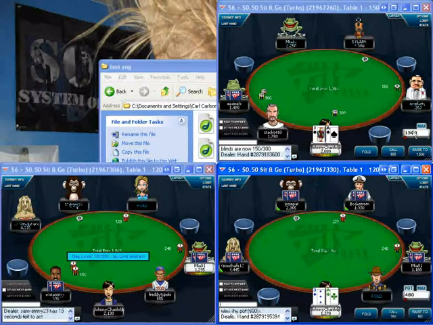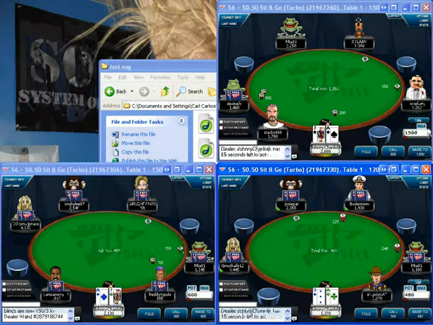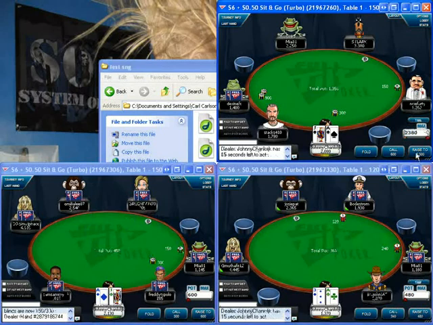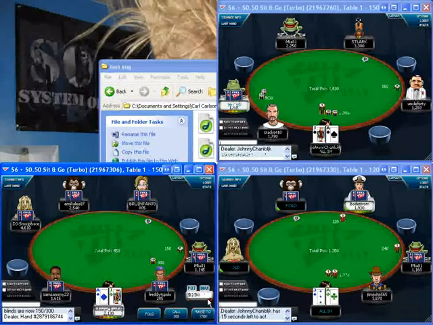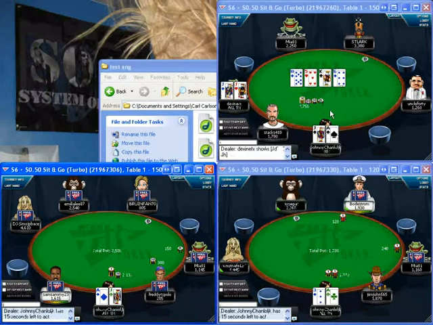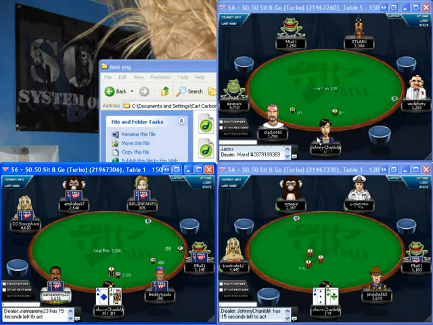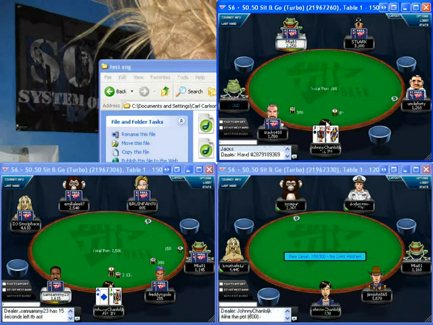Now here's a pretty tough situation. These blinds are so big. Yeah, I pretty much have to push that. Any ace. Easy push here. Oh, I'm all in. Oh, that's a bad situation. Queen or an ace. LOL. I don't know if that was...